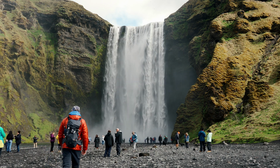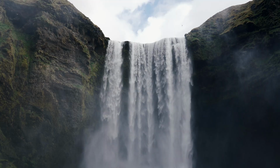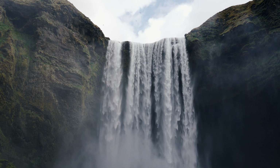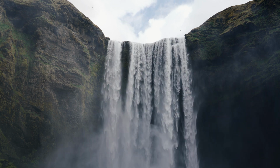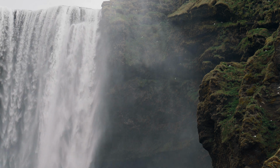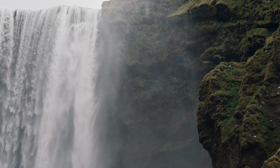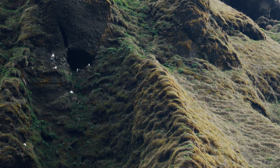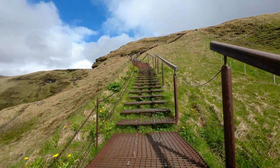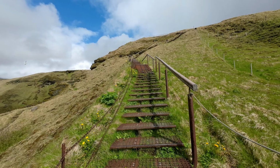At almost 100 feet wide with a drop of 200 feet, it accentuates the natural beauty found in this part of the island. Legend has it there's a treasure hidden by the Vikings behind it, yet no one has found it quite yet. Instead of soaking in the waters looking for treasure, I decided to climb up the stairs to